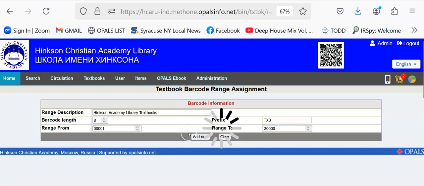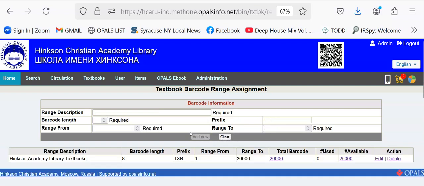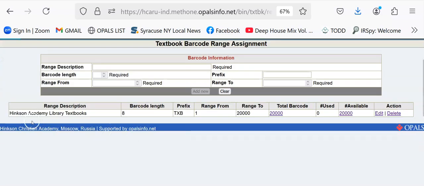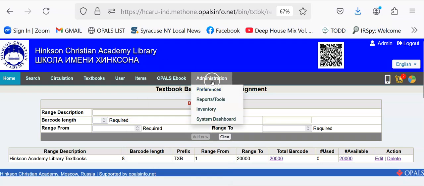And now we have a range of barcodes that could be printed out ahead of time or could be printed out as you add new textbooks and choose those. Hinkson Academy Library textbooks. Okay. Now, if you'd like to print out ahead of time, now that we have this range, and you can see none have been used yet,